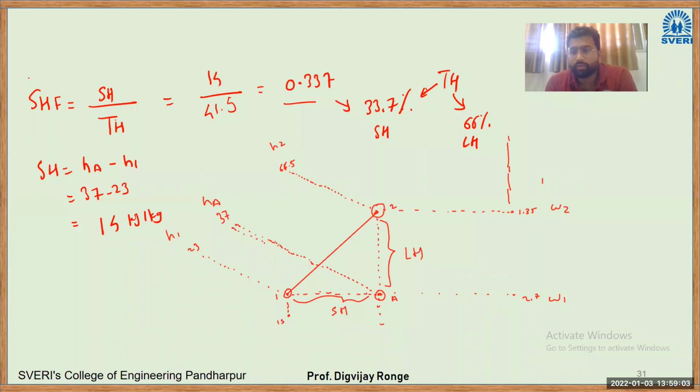In the next lecture, we'll start chapter number 5, heating and cooling load calculations. It will take again 4 to 5 lectures to complete the theory, then 2 lectures to solve the numericals, and then we can go to the last chapter. In my calculations, up to 15th of January, we can cover the syllabus.